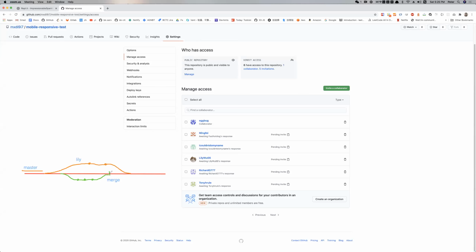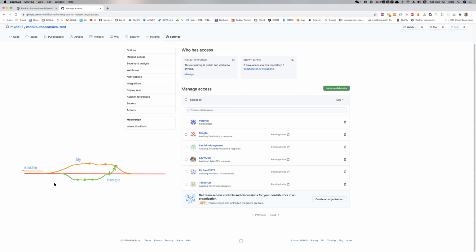Okay, so Tony just updated the master branch with his merge. And now when Lily needs to merge it in, she needs to get the updates from Tony, from the master branch that Tony updated, and create a new merge. This is called a merge request. Okay, and then when that work is merged into Lily's work, she can now put it back into that master branch. Okay, so this is how Git works. Any questions so far? This is how Git works in a nutshell.